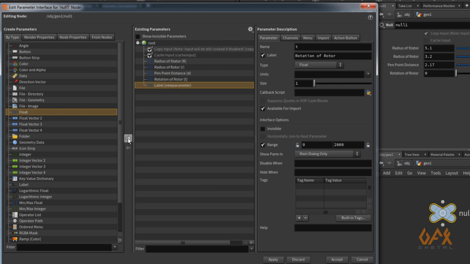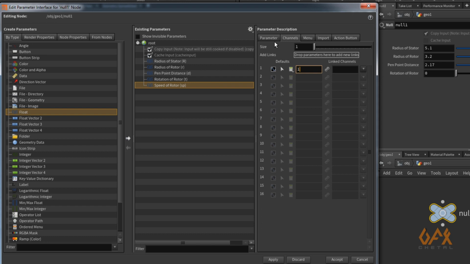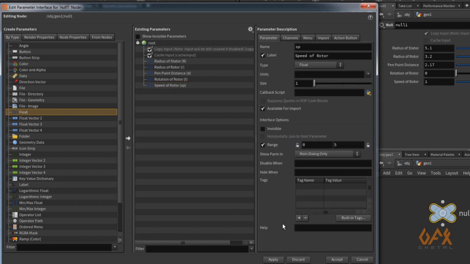Again I create one more, and that is your speed. You can increase or decrease speed through this controller. So speed of rotor: I set the range 0 to 5, and in channel I set the default value to 1.